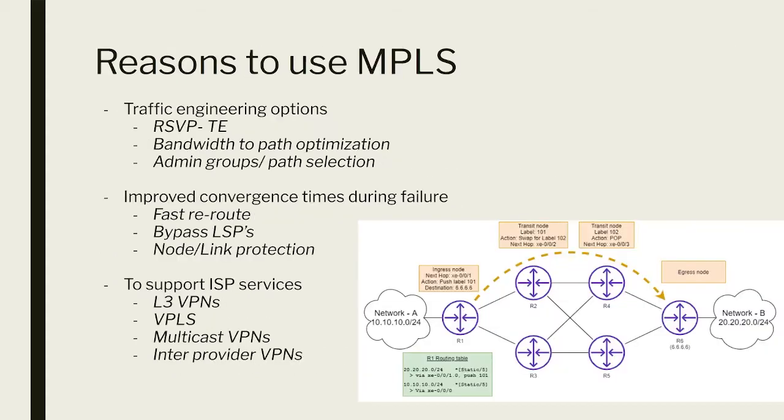So jumping ahead one slide to show this diagram for a future discussion, if we take the likes of R2, if we have an LSP spanning from R1 through R2, R4, and then ending on R6, R2 only has to know the details of the label for the MPLS LSP passing through itself. If there was another MPLS LSP passing from R1, R3, R5, and R6, R2 wouldn't be aware of that whatsoever. It wouldn't have to store the state that R3 and R5 need to store, and hence it can reduce its